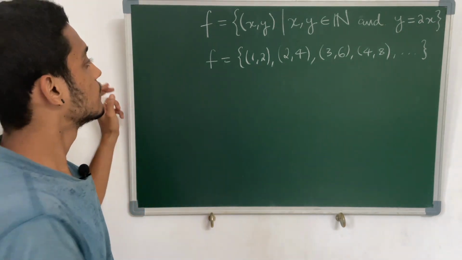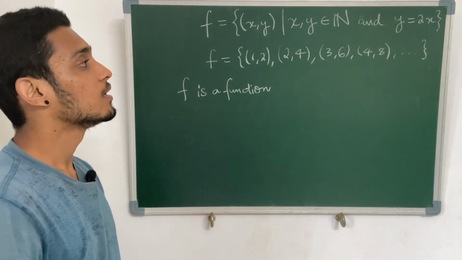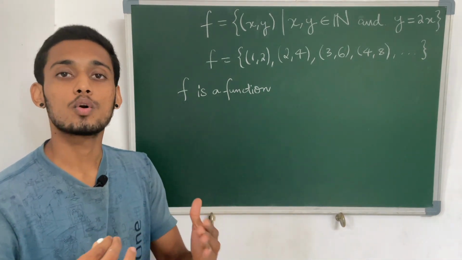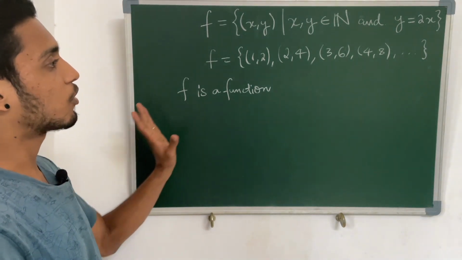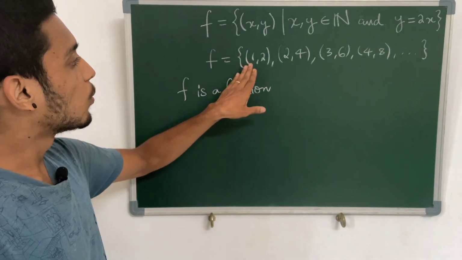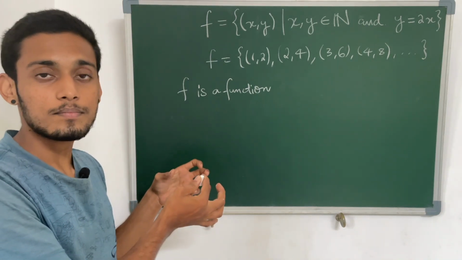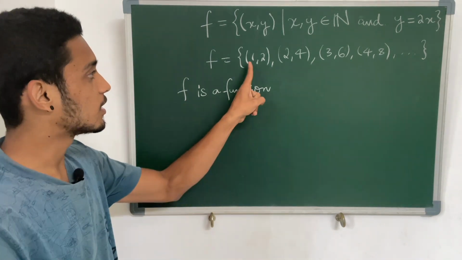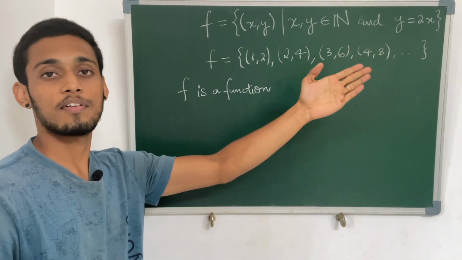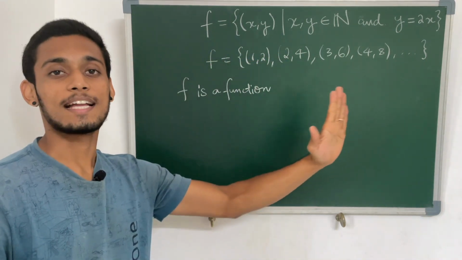So let us now say, so now we have established that f is a function. Now I said that if f is a function, we have to now identify what are its domain, codomain and range. So clearly from this expansion that I have written down, I can say that the domain, that is the elements from the left side of the function, are all in the natural numbers. So we have the number 1, 2, 3, so on till infinity. So it's an infinite set. So it has infinite number of elements, and the first element of the ordered pairs is from the natural numbers.